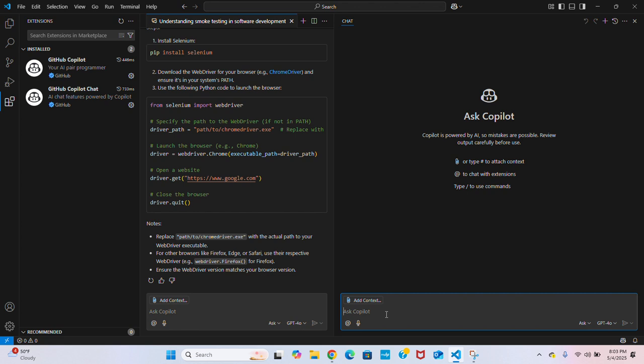But whatever final solution it gives you, you have to use your own judgment and see whether the solution is perfect or not, and if any modification is needed. So human intervention is there, that judgment you have to take, and based upon that judgment you have to utilize that solution in your automation framework. So for example, in this session I will be